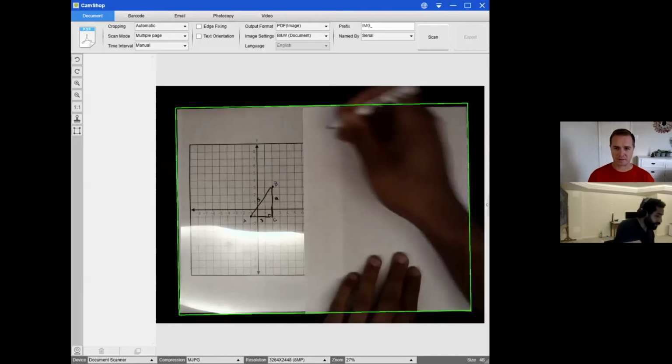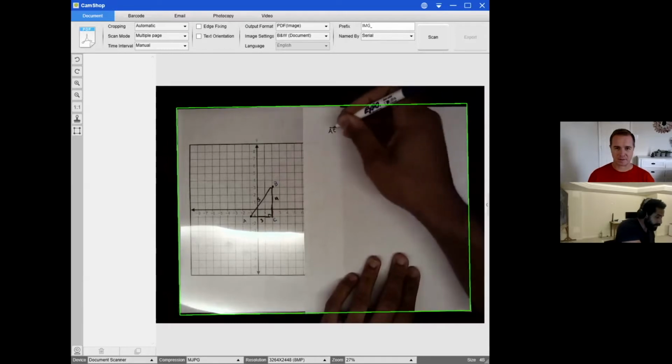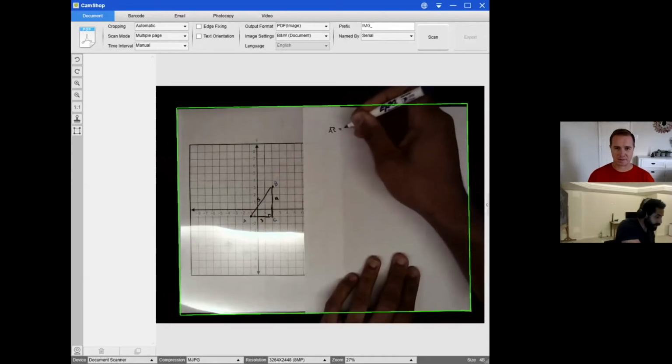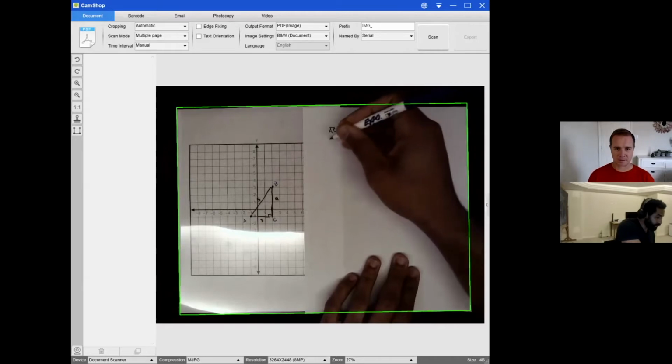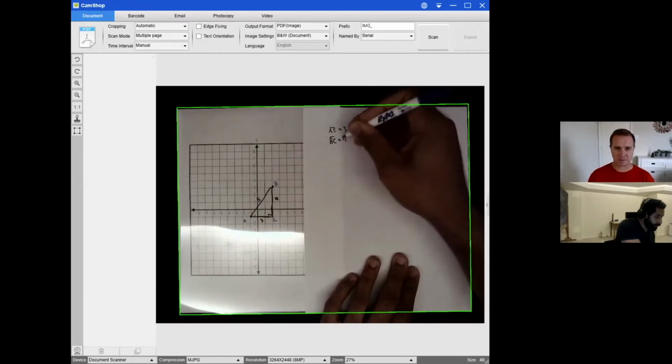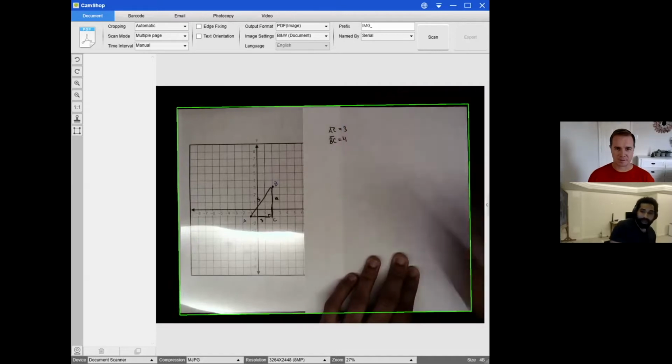We know that AC is 3, the length of BC is 4, and by the Pythagorean theorem,